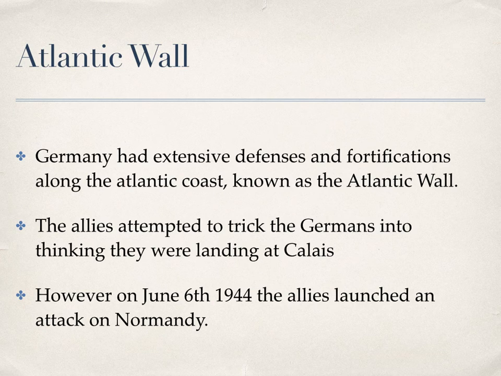So the Allies attempted to trick the Germans into thinking they were landing at a place called Calais. This was the shortest distance between Britain and France. So they positioned soldiers and boats, almost aimed at Calais, to try to get the Germans to concentrate their forces there. And to an extent it worked. But this was a ruse, and on the 6th of June the Allies launched an attack on Normandy and not